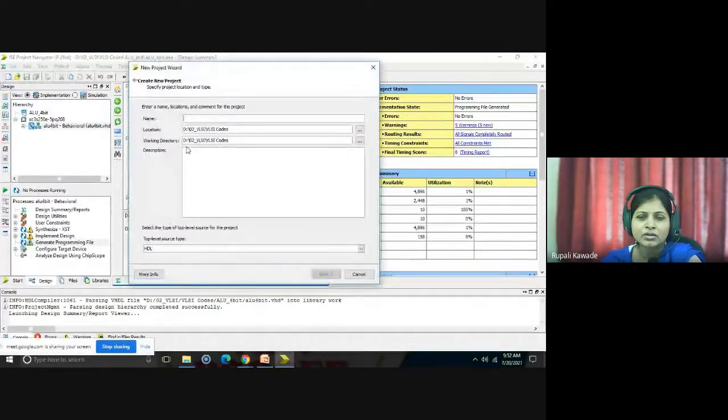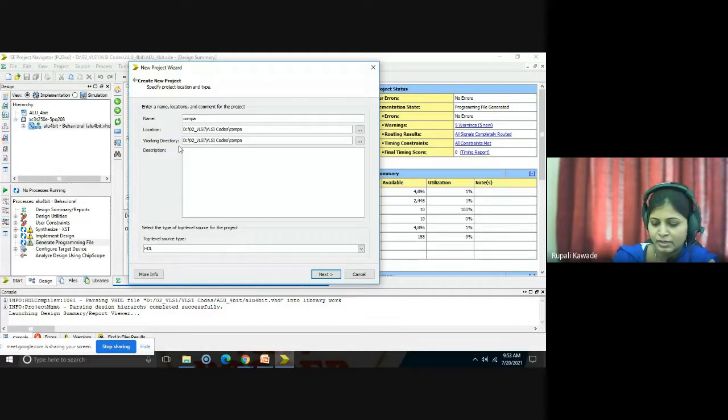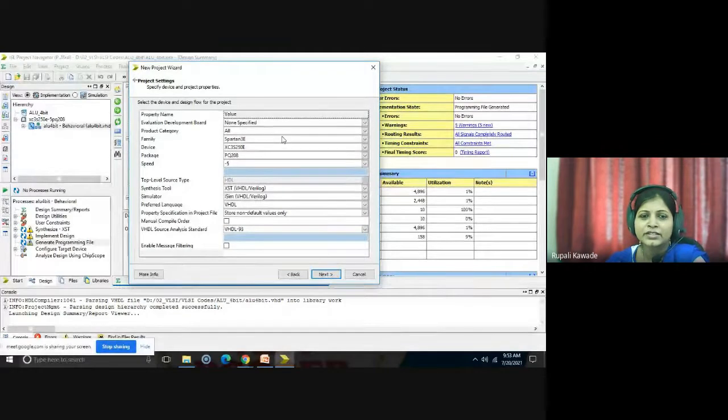You can install Xilinx. For that you need the Xilinx software. So we are writing the comparator, and I am giving the name comparator to my project. Next, Spartan 3, with the same specifications that were set in the previous practical, so we will keep it as it is. Next, these settings are important if you are going to download it into a PLD.